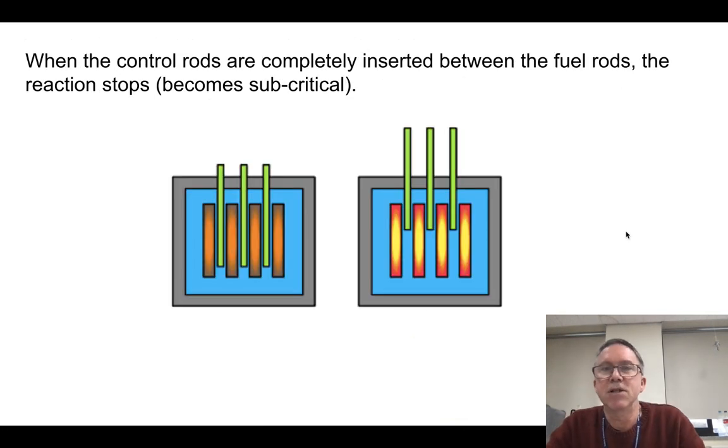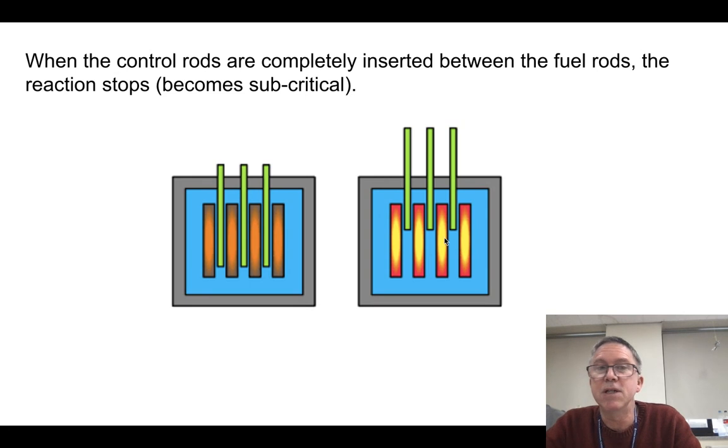So this is just a diagram so you just see the idea. The green things here represent control rods, and these larger ones here represent fuel rods. So when I put the control rods almost all the way in, you can see this shows a little bit warm because there's some neutrons getting through, but I'm blocking a lot of them. But then if I lift the control rods up, and yes, usually we lift them, more of the neutrons are finding their target, so it gets hotter. So if I want to control the heat of this reactor core, as we call it, where the fuel rods and control rods are, I do it by changing where these control rods are. So that's what nuclear power plant operators do.